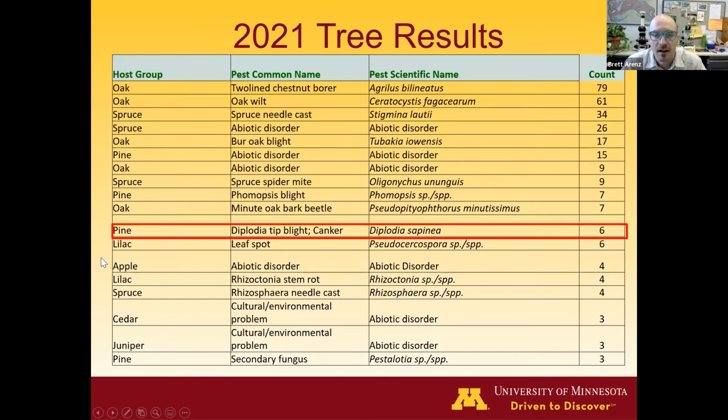Okay, I'm not going to talk about all of these. Obviously, we don't have time, but I do want to talk about some that are really common types of samples for us in the clinic. And moving down to pine here. Didn't have a lot of this last year, which was a little bit surprising, but